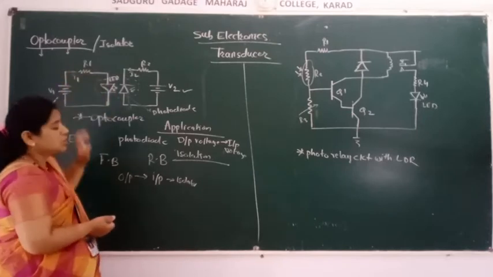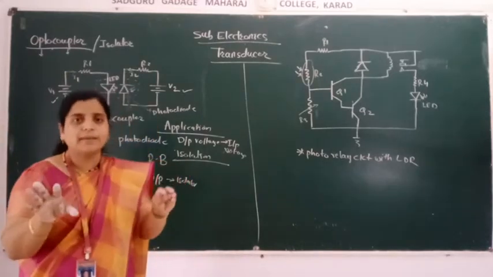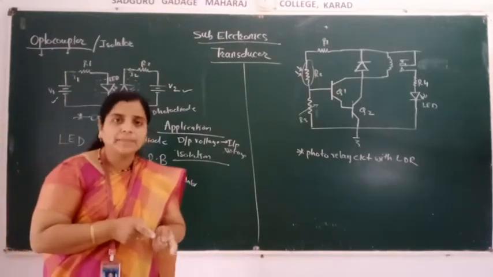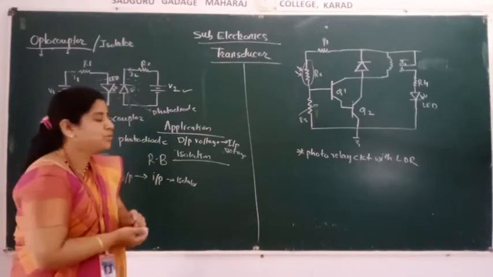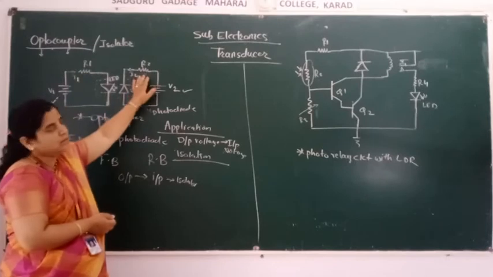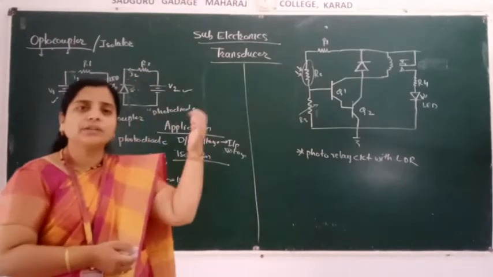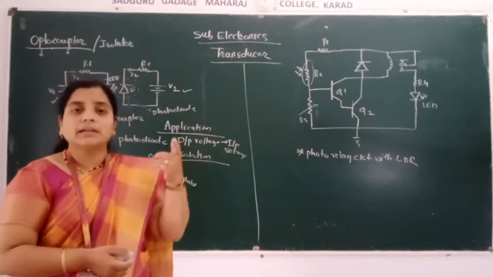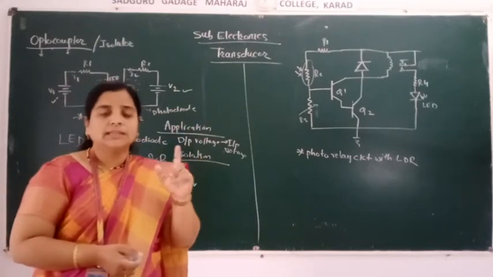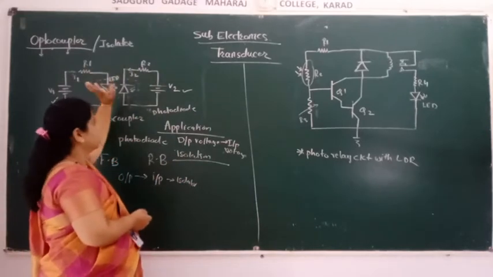Why is this resistor used? If more voltage is given, more current will flow, and then the circuit will be damaged. So the circuit should not be damaged, therefore a protecting resistor is used. The same R2 is used here, so that if more current flows, it can absorb that current. Resistance opposes the flow of current, therefore it is protecting. For protection of the circuit, R1 and R2 are used.